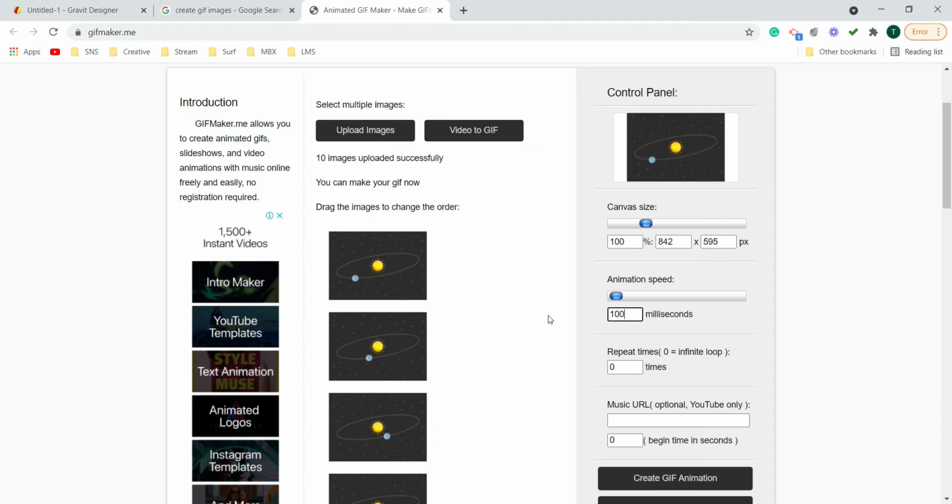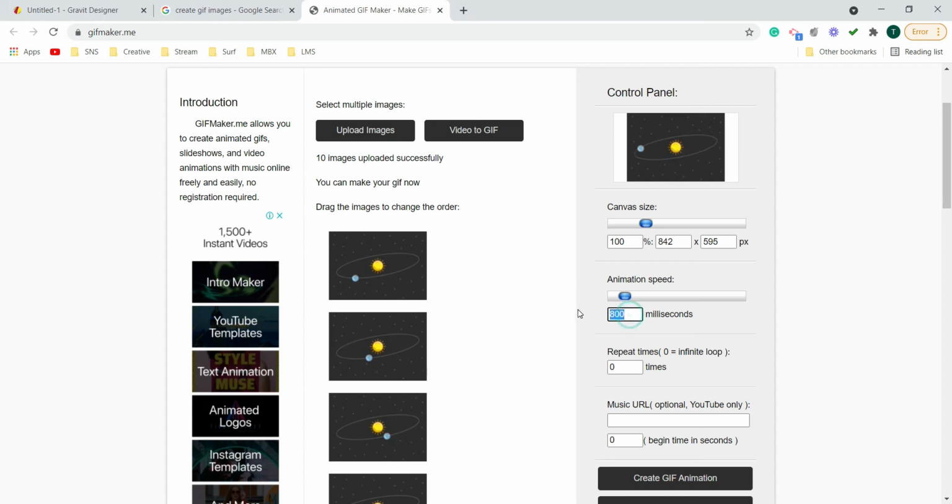So less time means the animation is going to be faster, and if I keep the value higher, let's say around 800, you can see that it is going to be very slow, which is not looking like an animation at all. So we need to check this value, and we need to see which value is looking correct for the particular animation which we are using.